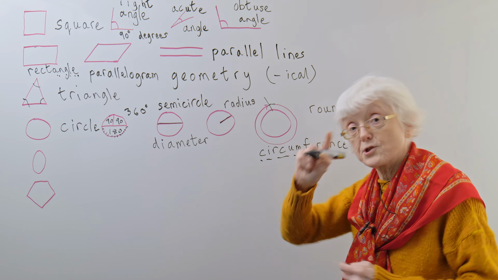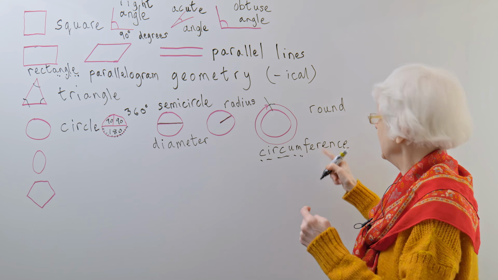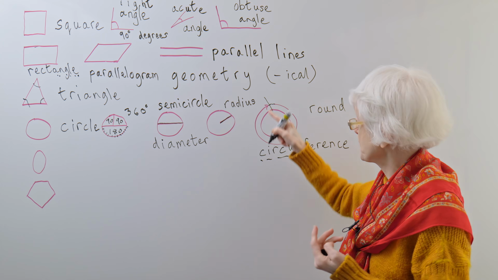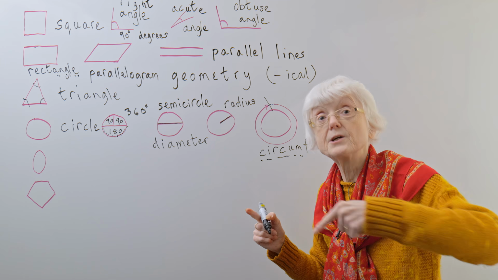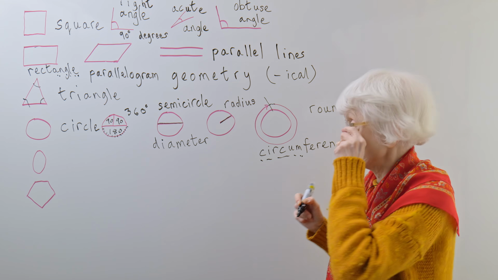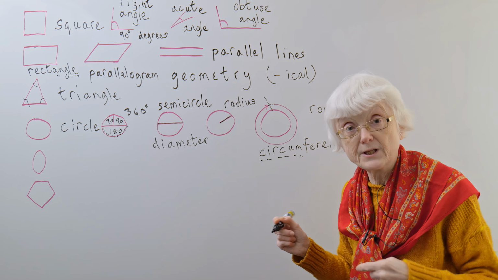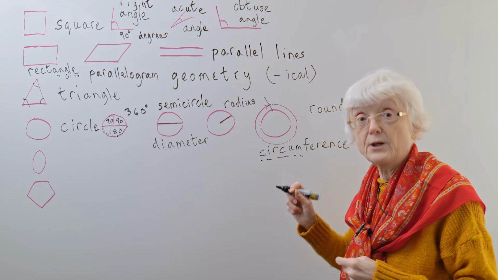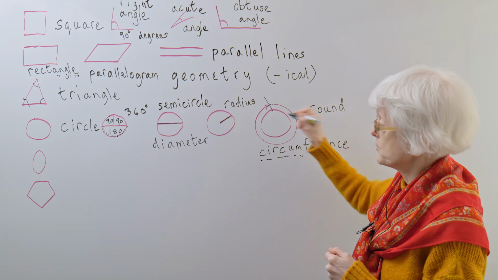Circum means around, and that's what it means, the measurement around the outside of the circle. So the circumference of the circle, which is another measurement that you can do,